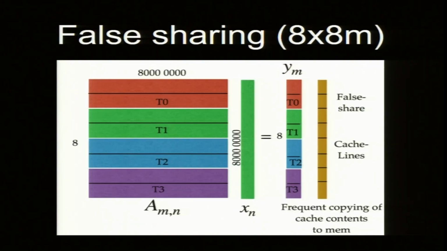Okay, so now let us look at this case, which is the problem case. It is 8 by 8 million. So, I divide into 4 processors, they are different colors, P0. T0 is the same as P0, then T1, T2, T3. There are 8 rows, so each process is getting how many rows? 2 rows, 4 processes. So, 2 rows. Now, X is a big long 1D array, 8000.